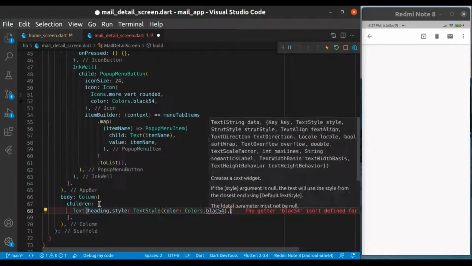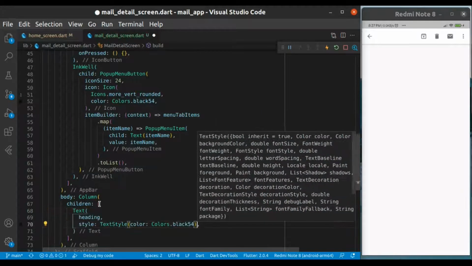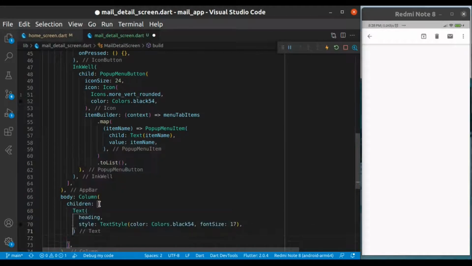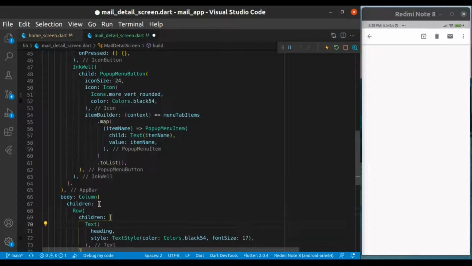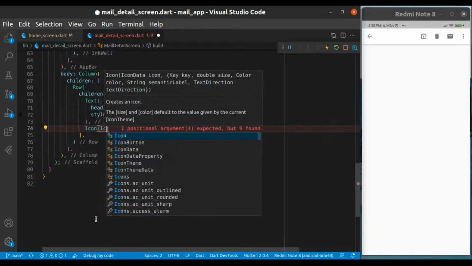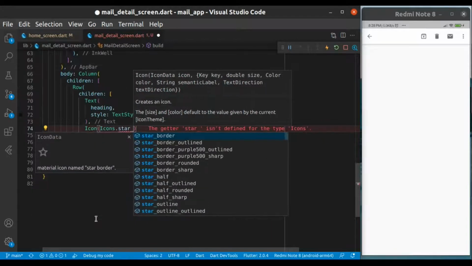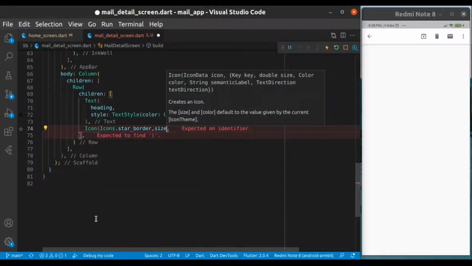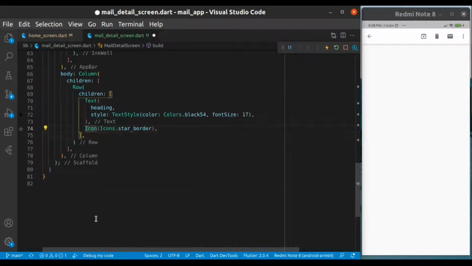Provide some text where you have placed your heading in style with a black 54, which is a slider. Provide a star icon.